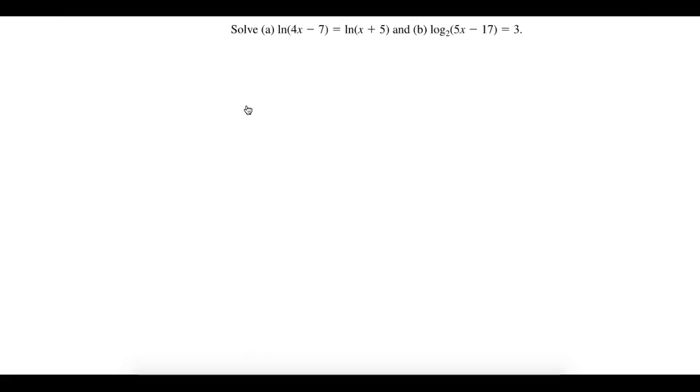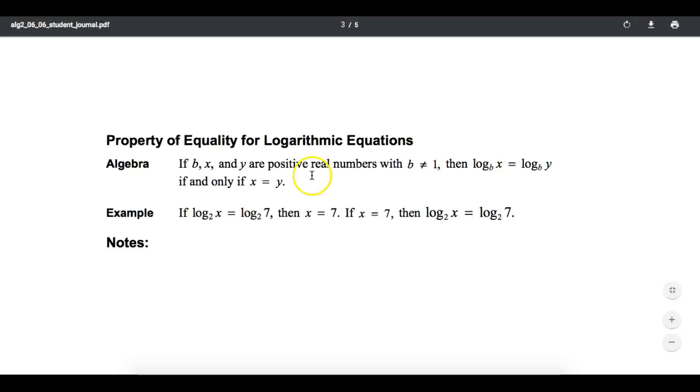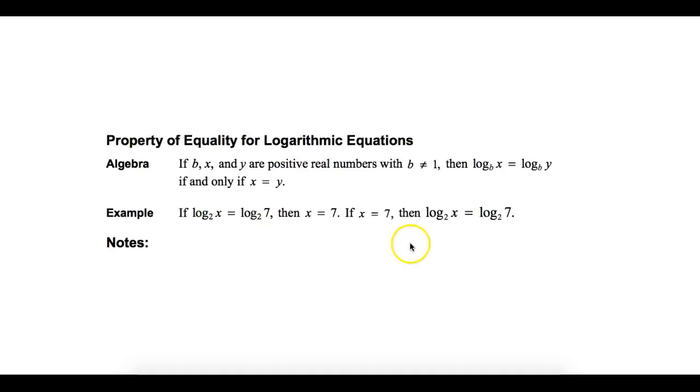All right, for the second video in 6.6, we are going to look a little bit deeper at our equality property for logs. So let's go back and review this property one more time. Again, what this property is saying is that if we have two logs that are equal to each other and they have the same base, then we know that the values that we're taking the logs of must be equal